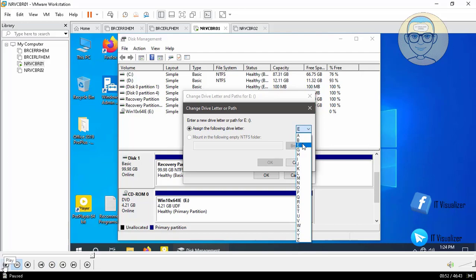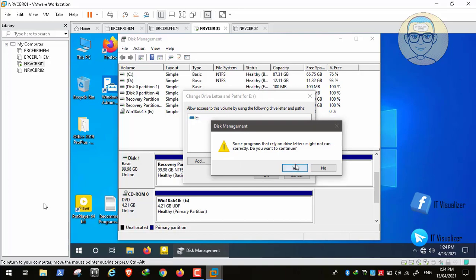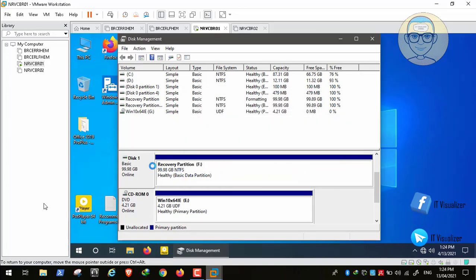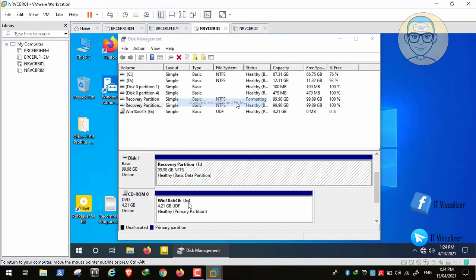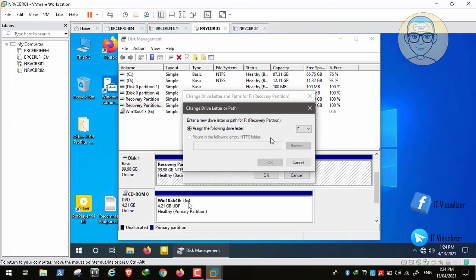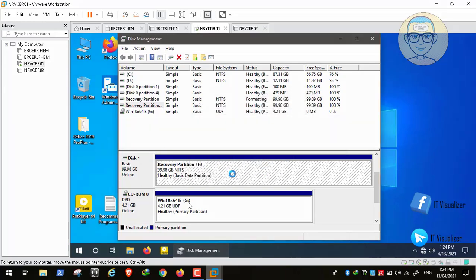So we will change it and give it the G letter, and then we will give this partition an E, and actually I need this to take an F, so we can change the G to an F again. Anyway, I need the letters to be in order. This is only something to organize the work. Okay, so here we have the E partition,